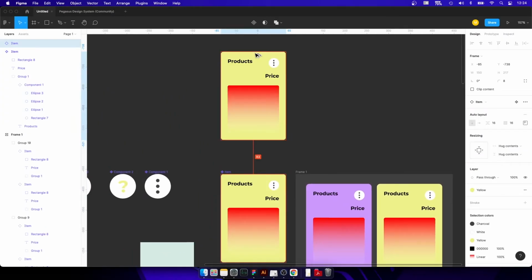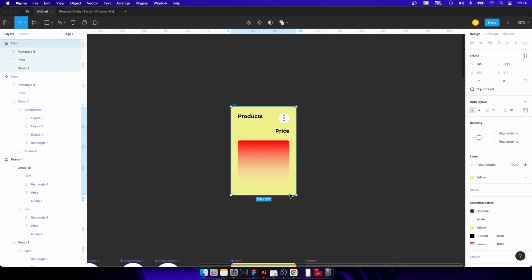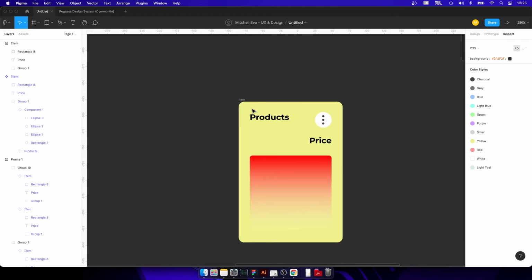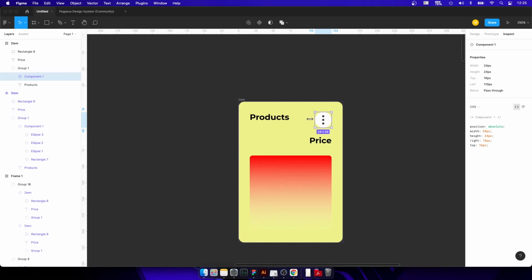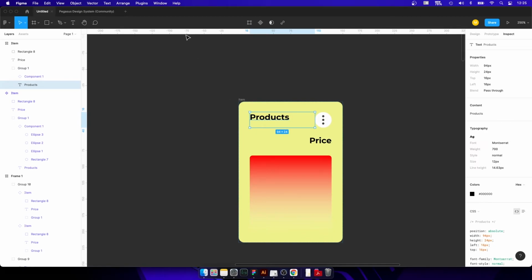Okay, so let's say your devs are being a little bit difficult. They don't really want to go into the inspect panel over here and actually do their research in terms of how Figma works. They're not comfortable with it. Maybe you want to give them a little extra help, right? Maybe you want to give them specific instructions as to how big all of these objects are. So what you could do is you could install this plugin called Figma Measure,